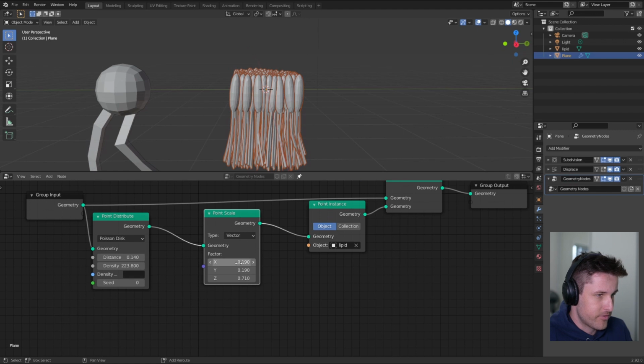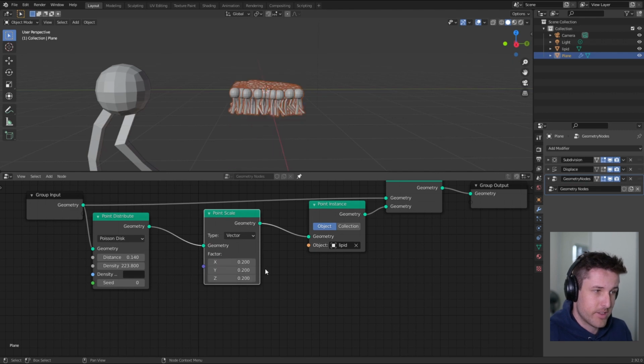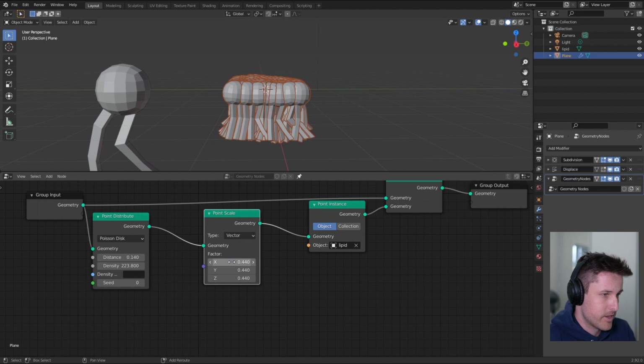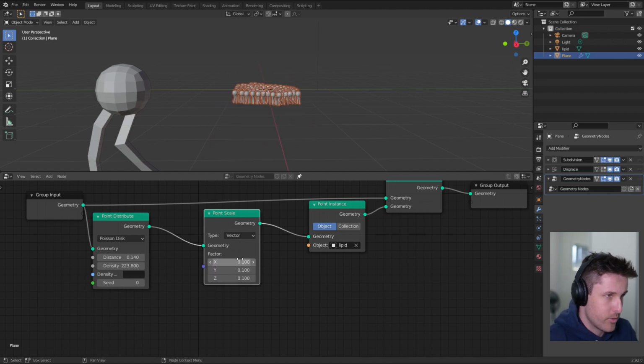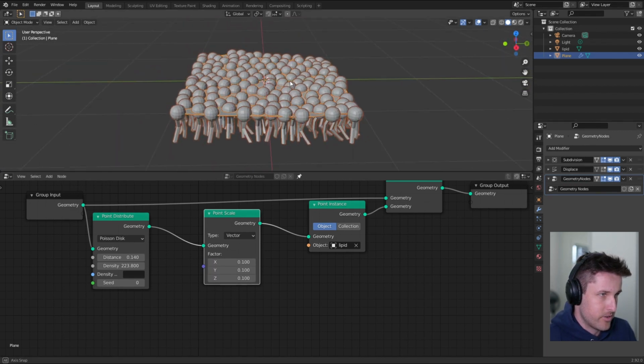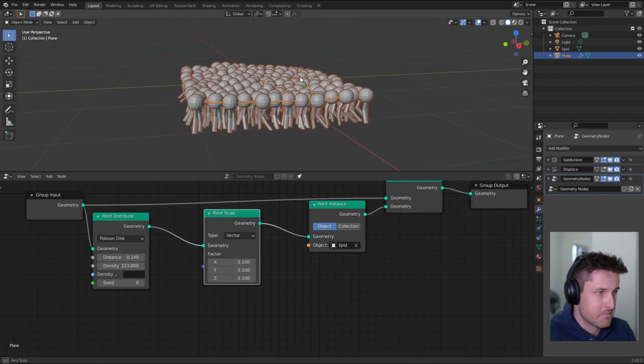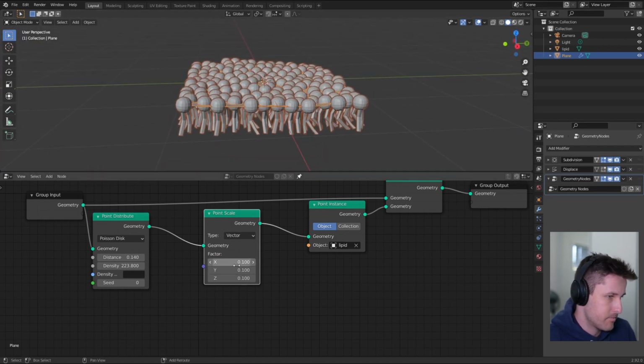Now, if you hold Shift and drag, you can adjust multiple things at once. Whenever there's multiple little boxes in Blender, you can Shift and drag to do it, or you can Shift, drag, and then go left to right, and it will adjust them all at once. So let's go down to say 0.1. And so we've got quite big lipids, but you can do whatever scale you want. Let's go 0.5,